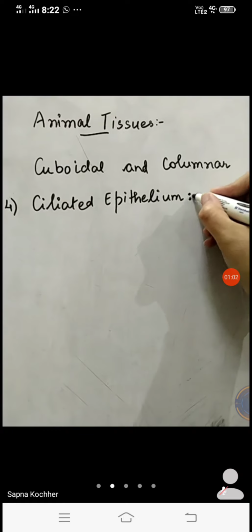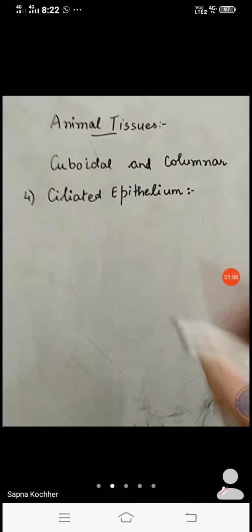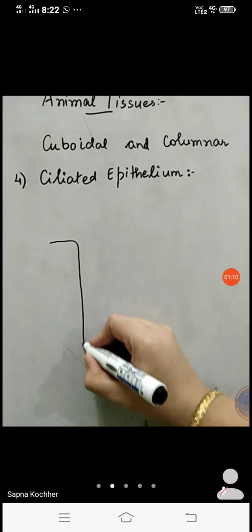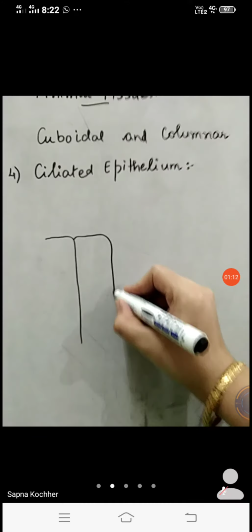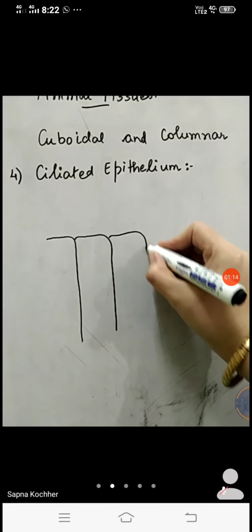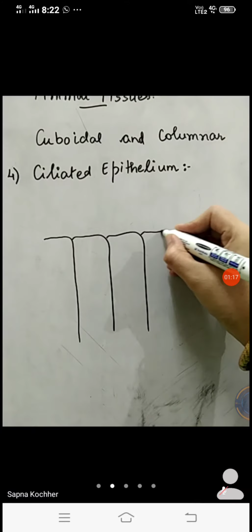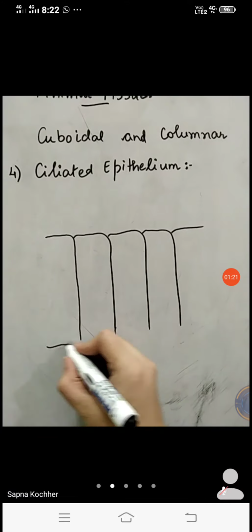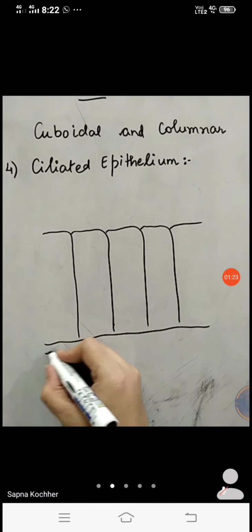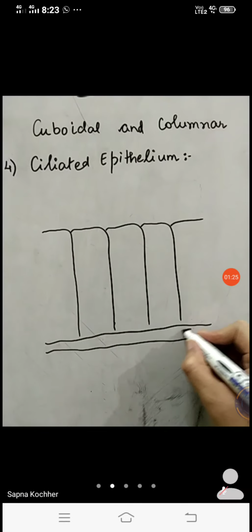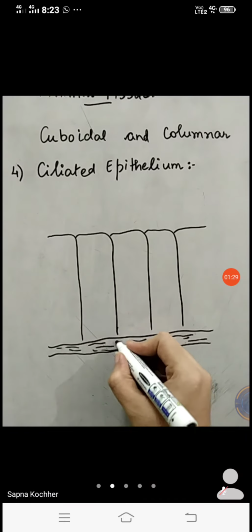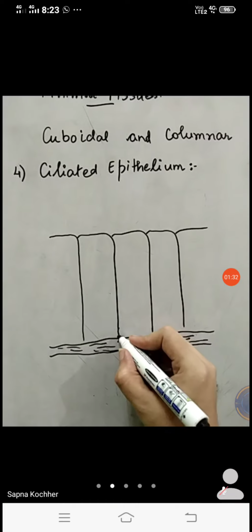As the name is saying, the cilia will be present in this now. The cilia that are present or associated, like if I will be making the diagram of these column shaped cells that we had already drawn the last time. For the column shaped cells, these are more long than wide, that is their width is less as compared to the length. And these are all arranged over the basement membrane, any membrane or tissue which can act as a base over which these tissues are arranged.